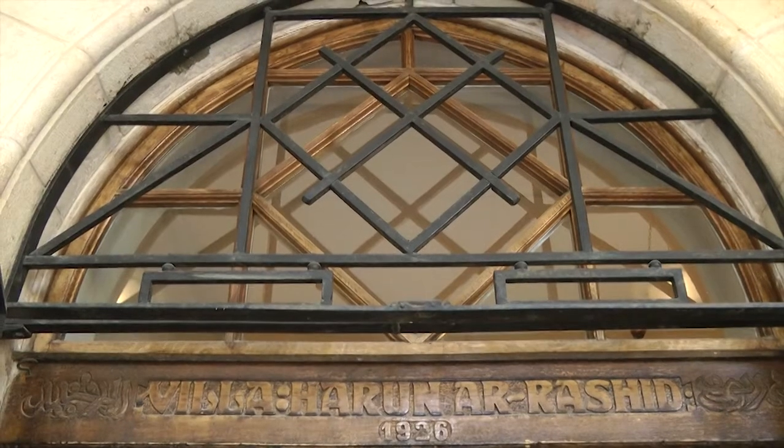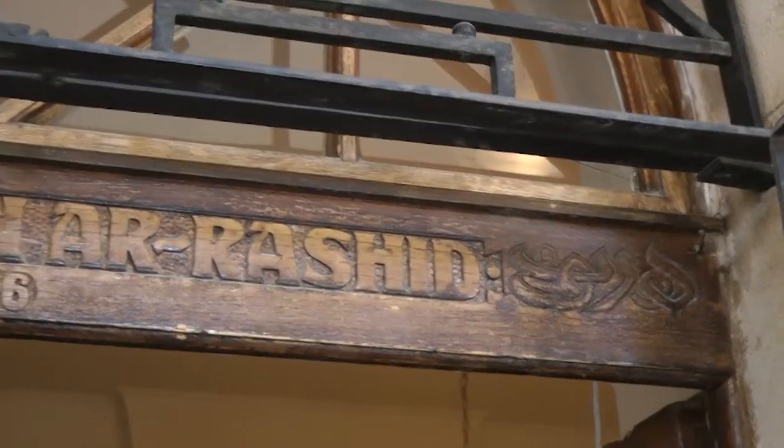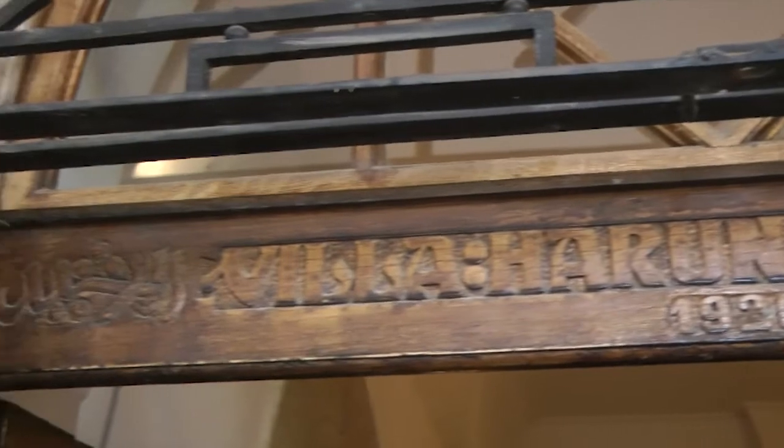And we have found that having people at home really gives them a sense of not just what Israel is at the moment, but what the history of Israel through the 20th century was. In brief, I'll tell you, this house was built in 1926, as were a lot of houses in this neighborhood. The house was called Villa Harun al-Rashid, after the architect of the Dome of the Rock, but it was named that not because he designed it, but because it was like calling it Imperial House. An Arab family built it on spec